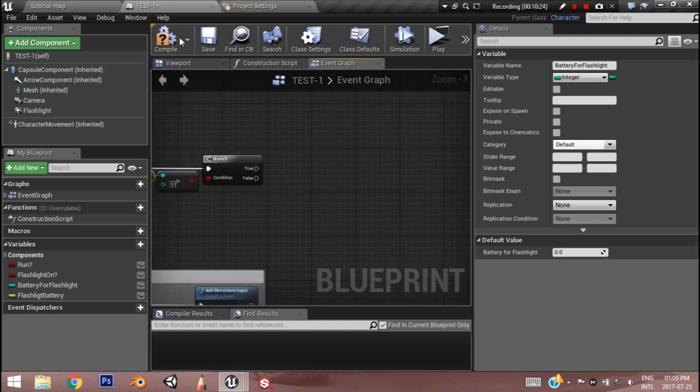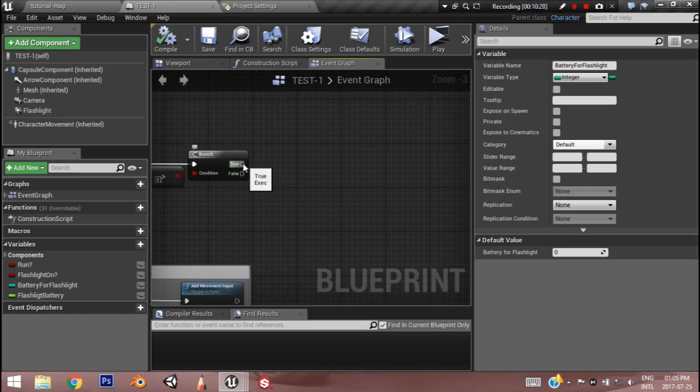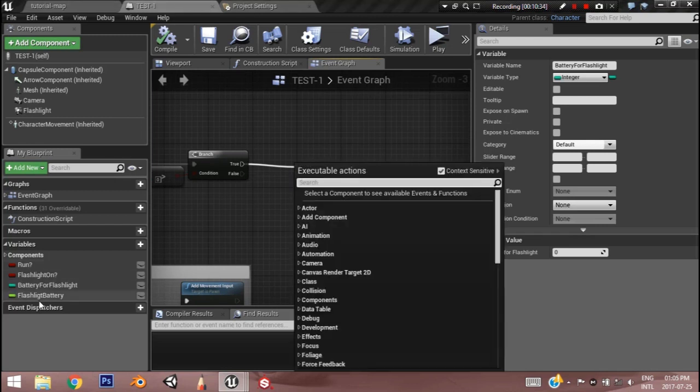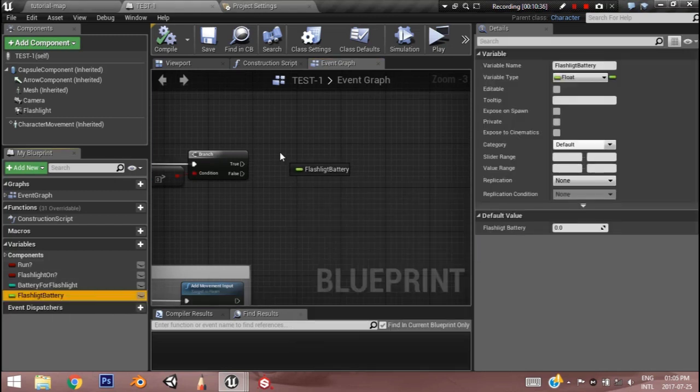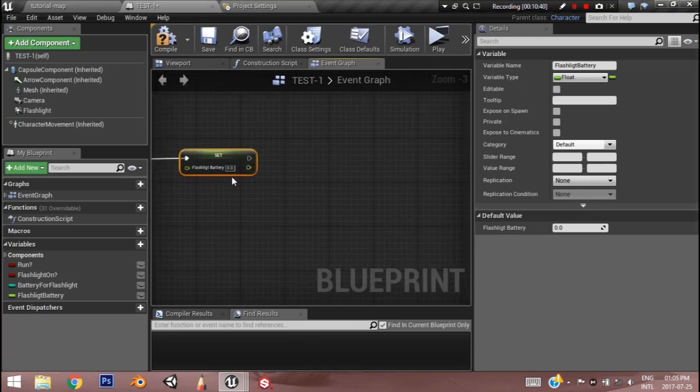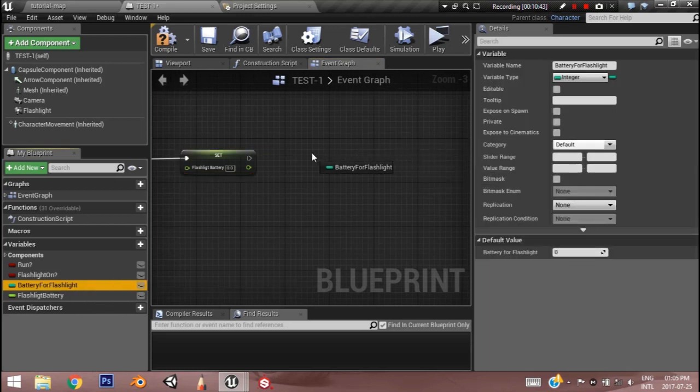And branch. So what I'm doing here is first I'm checking if we still have battery life left. Oh, batteries for the flashlight, because why I'm using it saying flashlight is because we're going to add the camera's battery as separate, that we're going to cover in the next video. So if there is